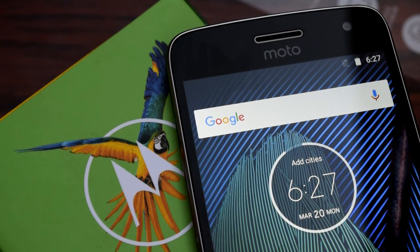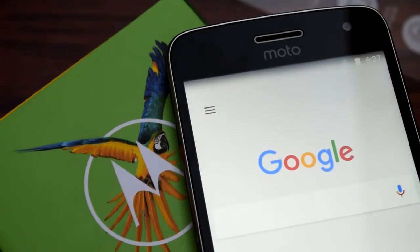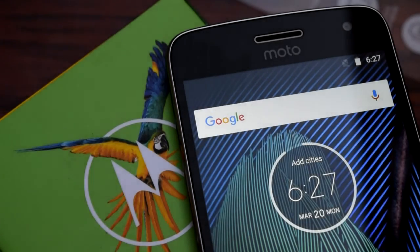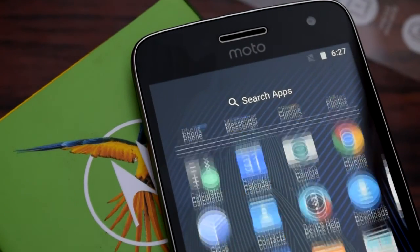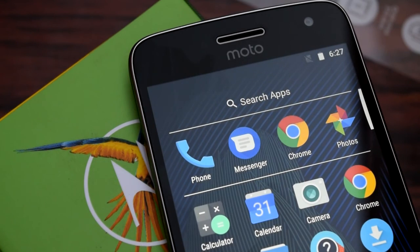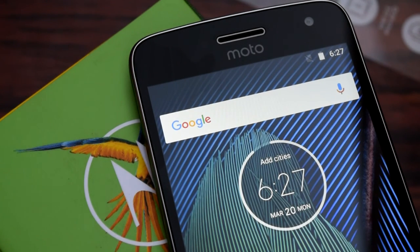is very good when it comes to looks, and when it comes to performance with 3GB and 4GB of RAM, this smartphone is very fast. The 2.0 GHz processor that is provided to this smartphone is adding to the speed and experience of this smartphone. And if I look